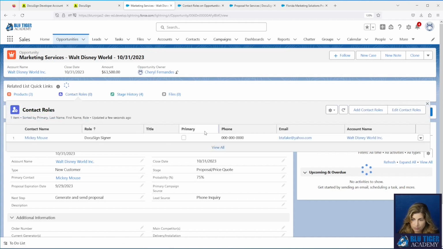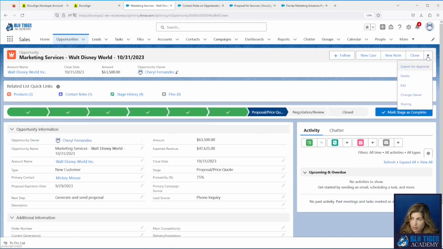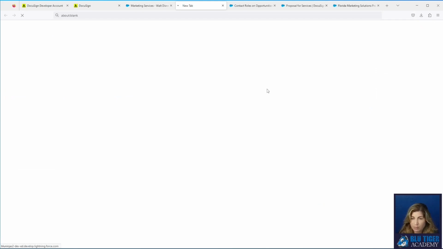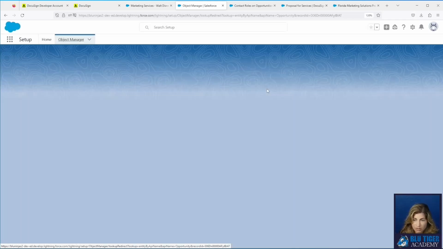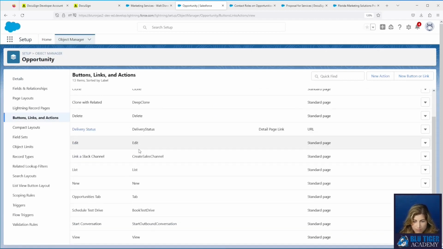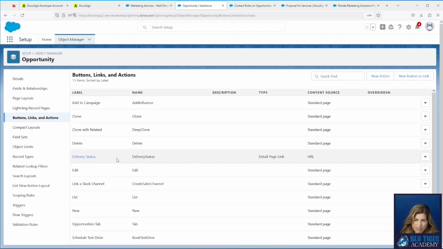There we go. And now I should have a button up here that was added and it's not there. So I have also seen this happen before as well, that the button doesn't get created from the DocuSign wizard. Let's first check the buttons. And yeah, I've been having this issue. So I have a solution for you.